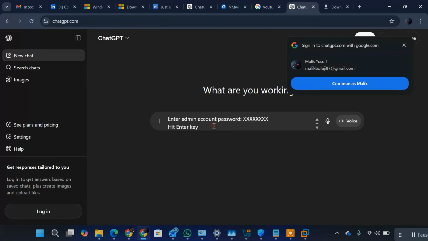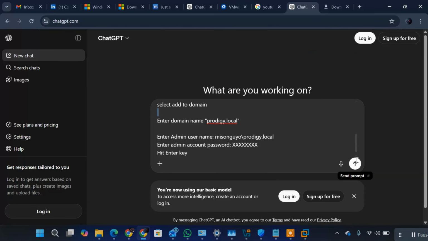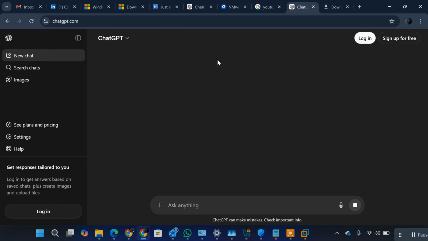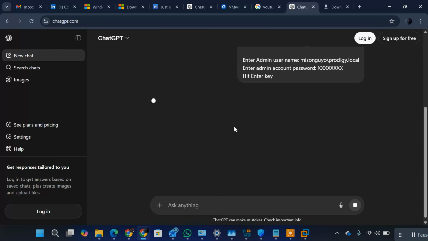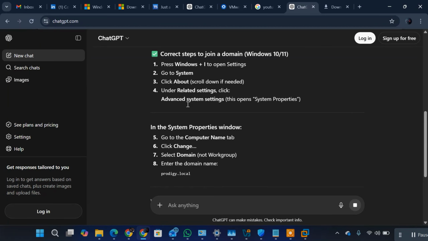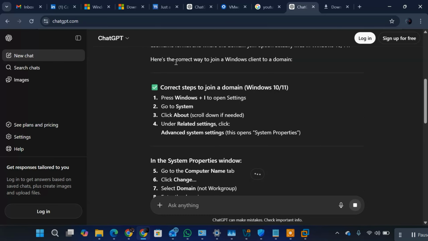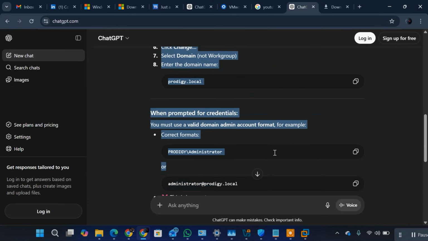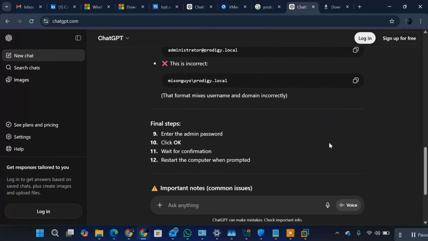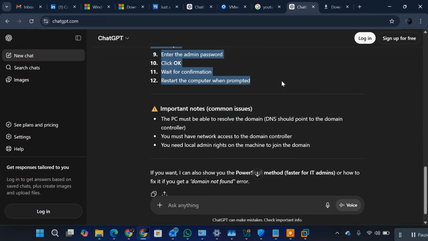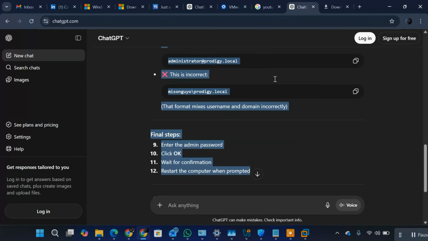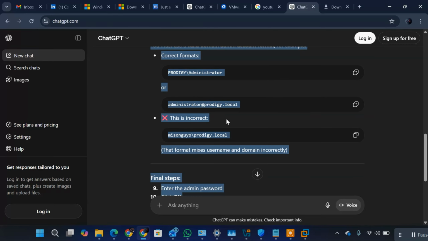So this is it. Let's be sure that the steps are correct. Correct steps. So this is it. Correct steps. So follow this. All right, so the final step, it will ask us to correct this thing. Okay, so you can see here we are using,